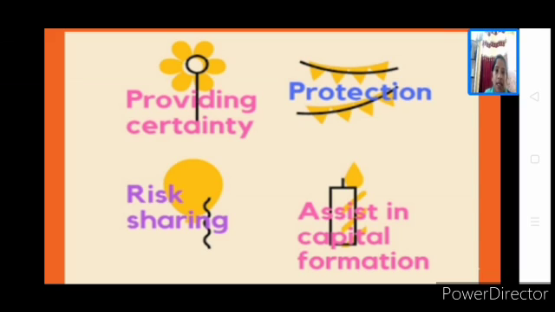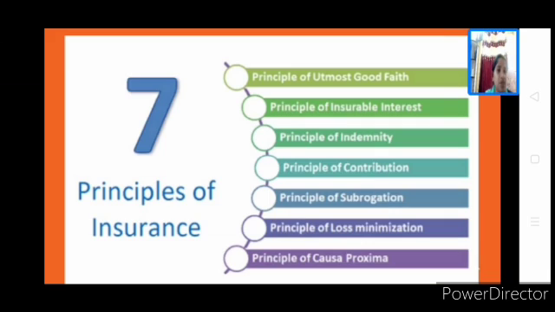So one more, just go with the headings, be familiar with the headings. These are the 7 principles. When you want to enter into an insurance contract, what should you know in basic? Principles are like the framework, or like guidelines, we can say. One should know what actually insurance involves, what type of guidelines the insured and the insurer should know. So these are the 7 principles for insurance, we say.